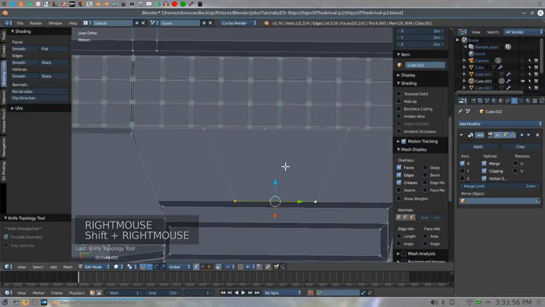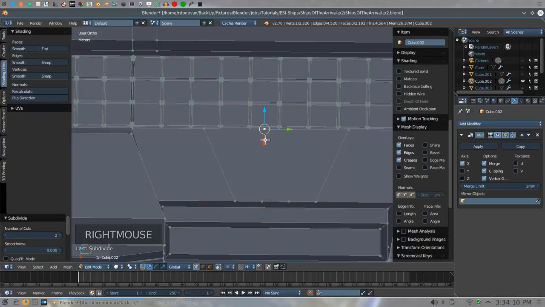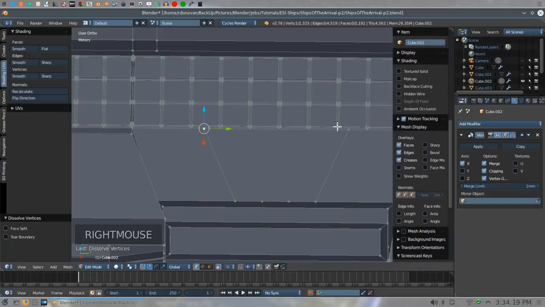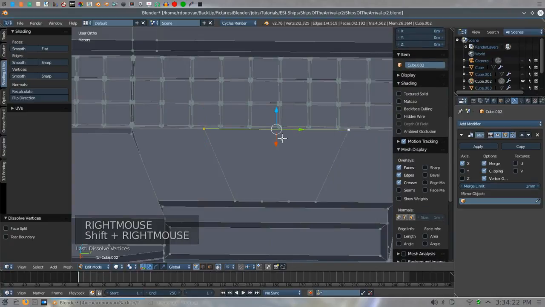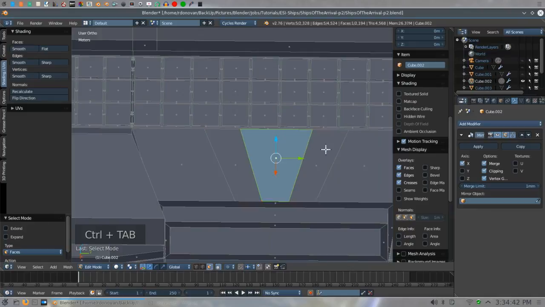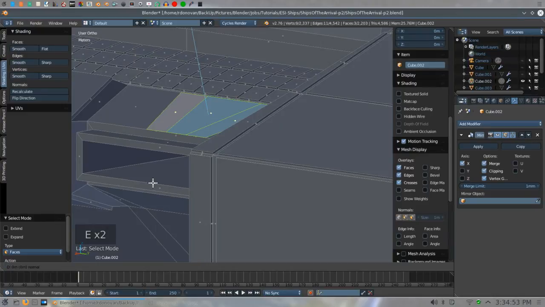Select this vertex and this vertex. W subdivide 2. Actually, this one here, I can actually just go ahead and dissolve. We'll take this vertex and subdivide those, because now when we do the knife tool, we can go here, Control key, like that, E, Control key, Enter, face select mode, select, and extrude 0.15,